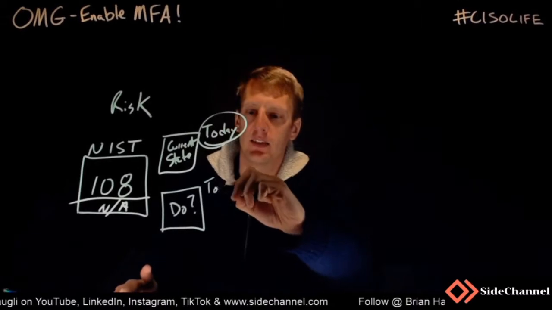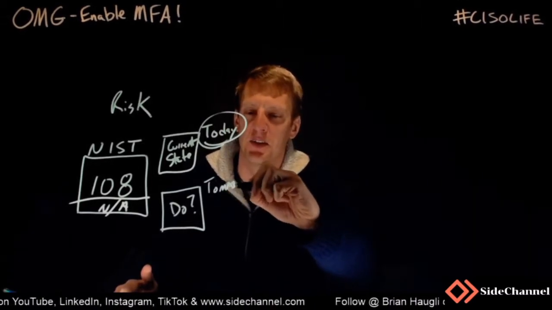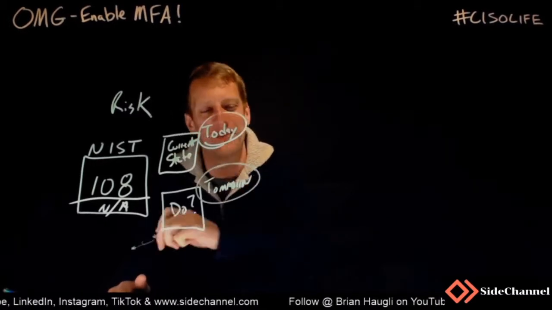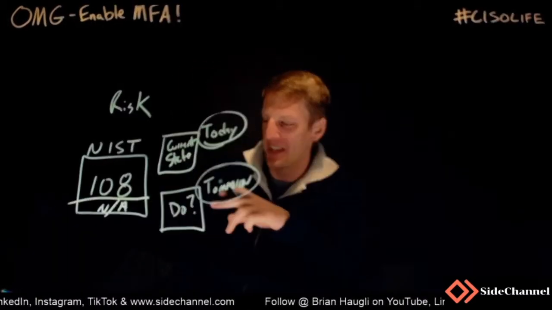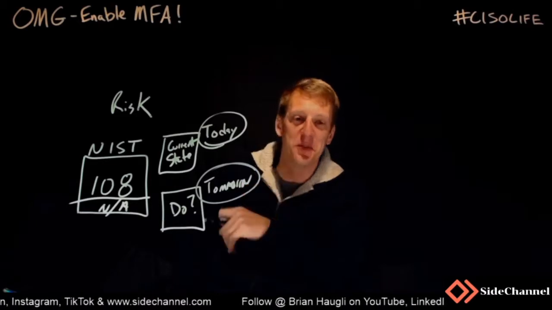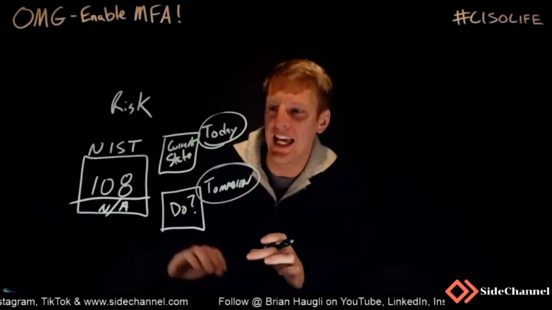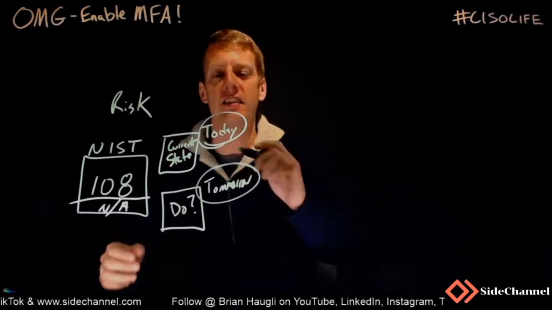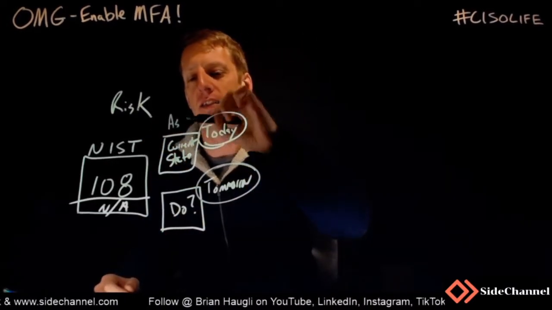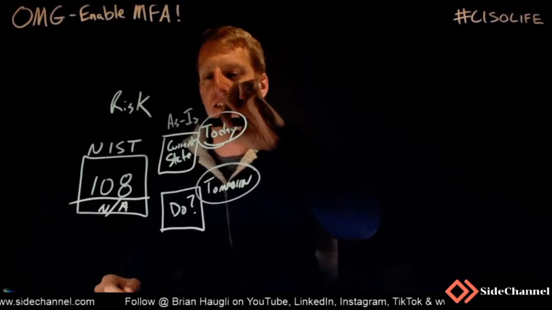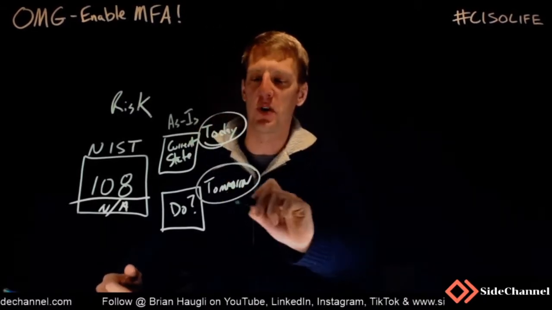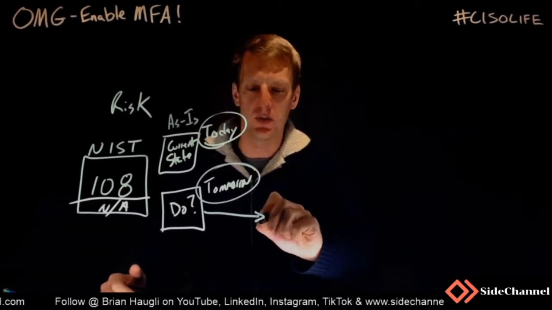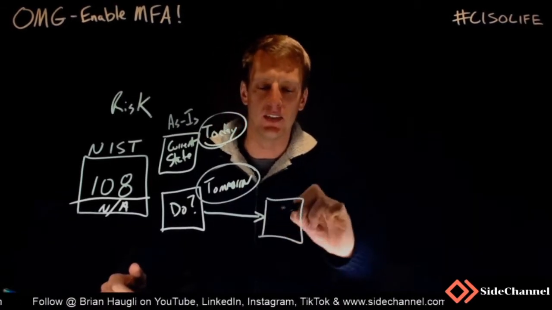I'm going to spell this wrong. Forgive me, that's what you get for live. I can't edit that out. What do we need to do tomorrow? Starting tomorrow, how do we take this current state, which in NIST they characterize as the "as is", and then the tomorrow state, really, this is what you need to do, which then drives to what NIST views as